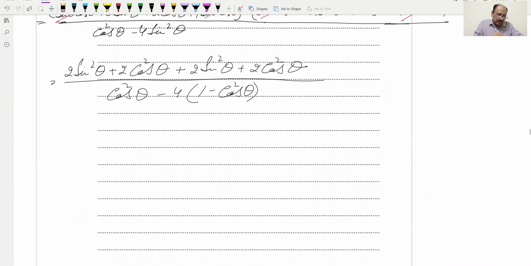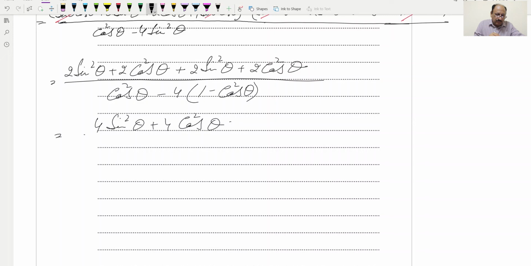Now we can rewrite, we can take 2 common from the first 2 sine square theta and cos square theta, and inside will be sine square theta plus cos square theta, and plus 2 from here, or we can write it as 4 sine square theta plus 4 cos square theta, and divided by